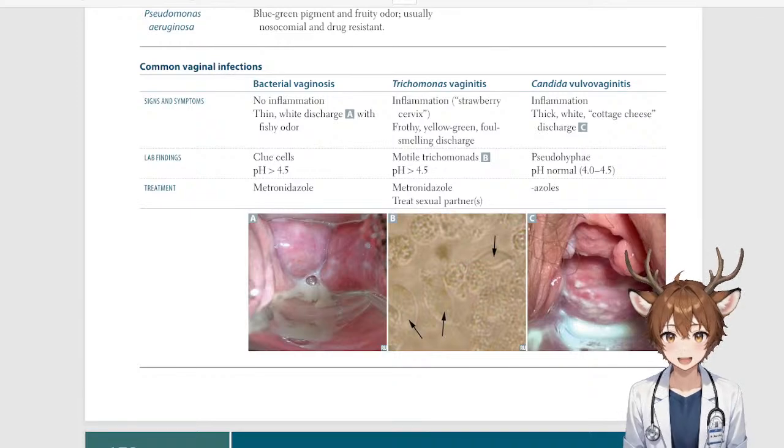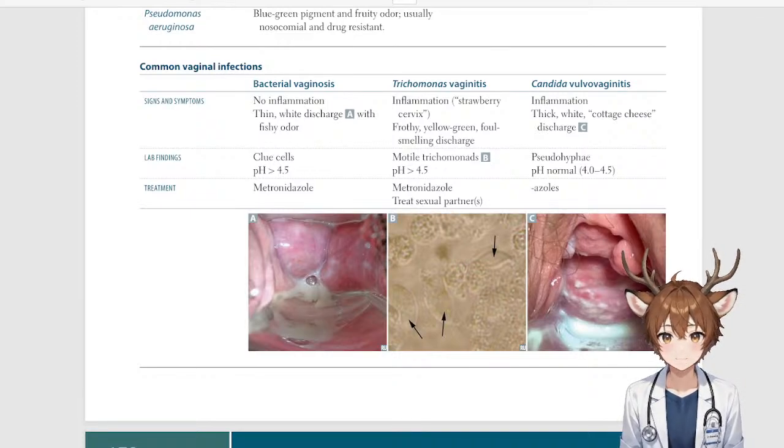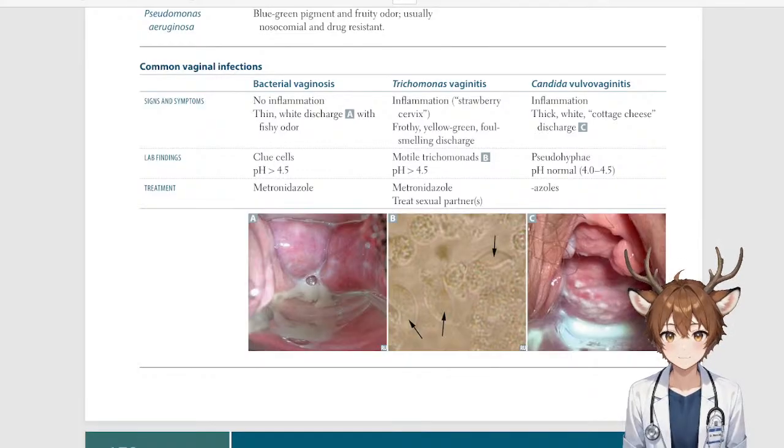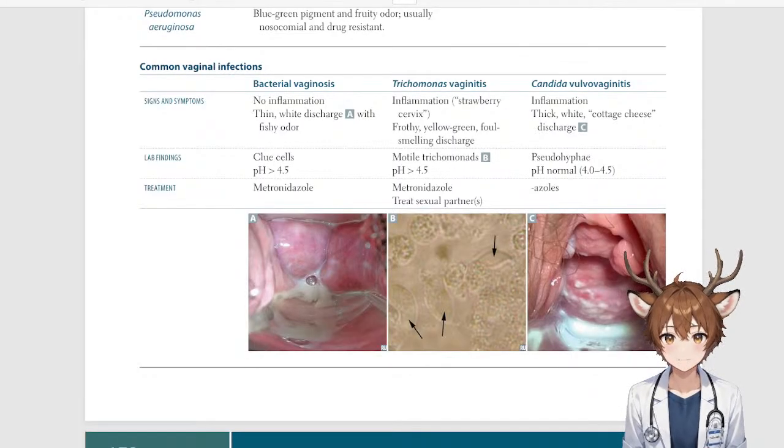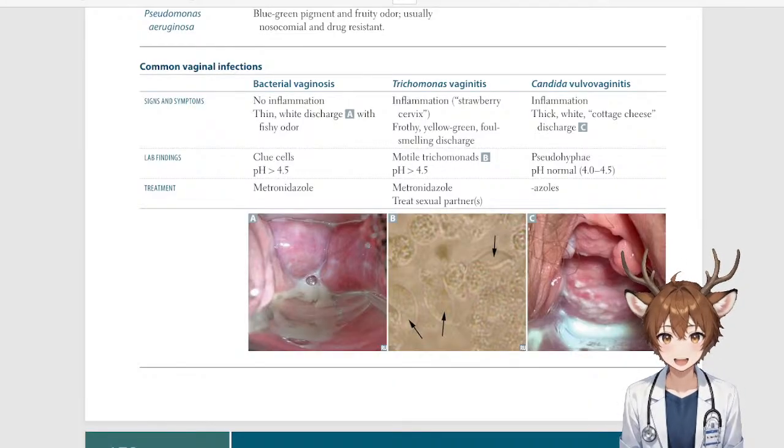pH is greater than 4.5. That's important to be aware of as well. You treat the Trichomonas vaginalis with metronidazole, and you also want to treat sexual partners. Again, I think I mentioned this in the last video stream. It's not as notable in men. Men are not usually as symptomatic, and as a consequence of that,